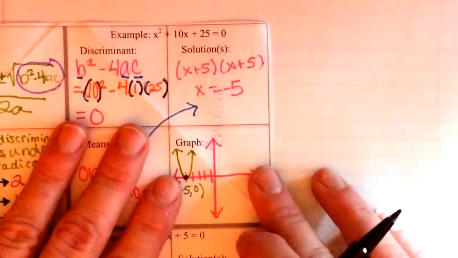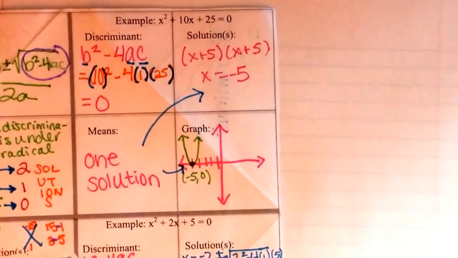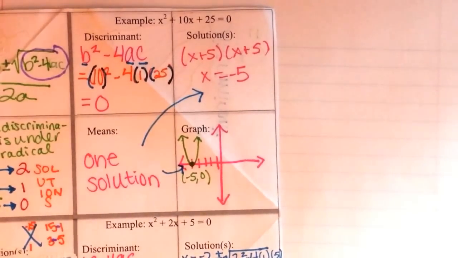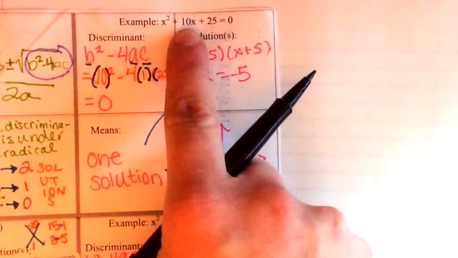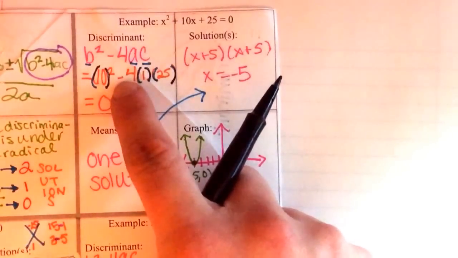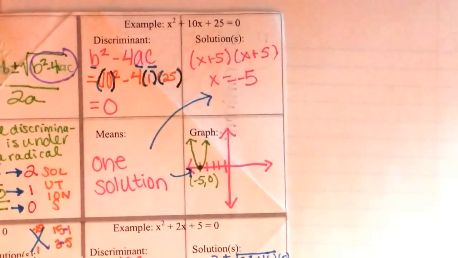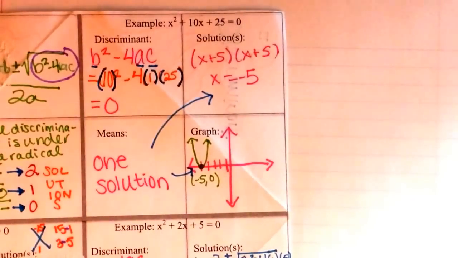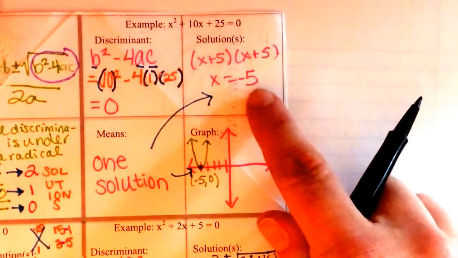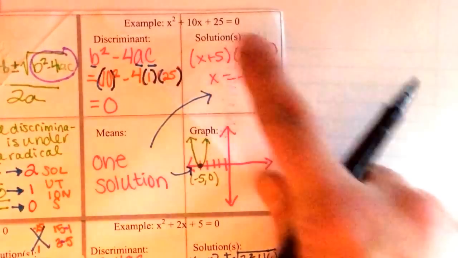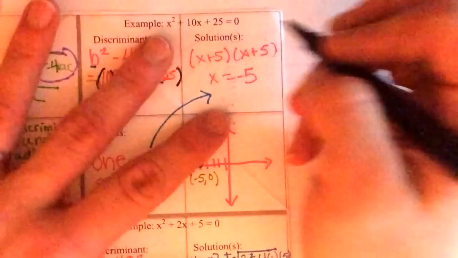And the last one is the upper right-hand corner. So this is what happens when you have one solution. Okay, so with one solution, I'm going to do b squared minus 4ac, same thing. I'm going to do 10 squared minus 4ac, which is 25, equals 0. Okay, so up here, x plus 5 squared, because if I went through and factored this,